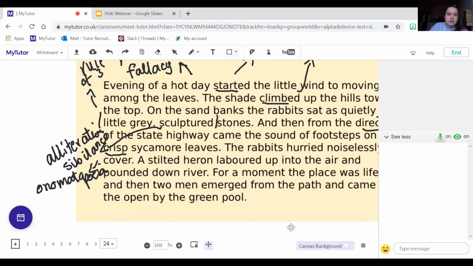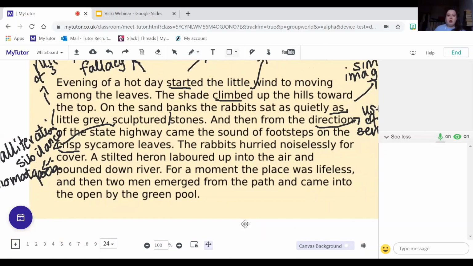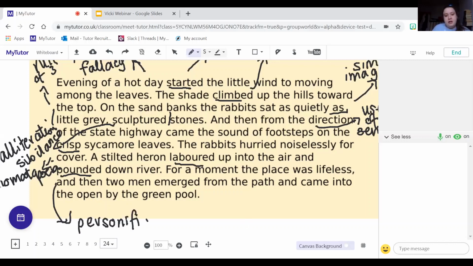Then we've got the rabbits hurried noiselessly for cover. Nothing particularly interesting in that sentence. A stilted heron laboured up into the air and pounded down the river. Now, I think, again, we can take laboured and pounded and make an argument for personification. Because when we say particularly laboured, not so much pounded, the use of personification there,